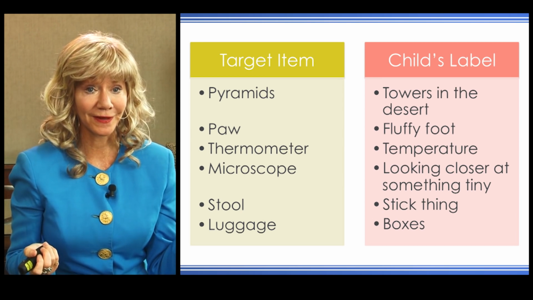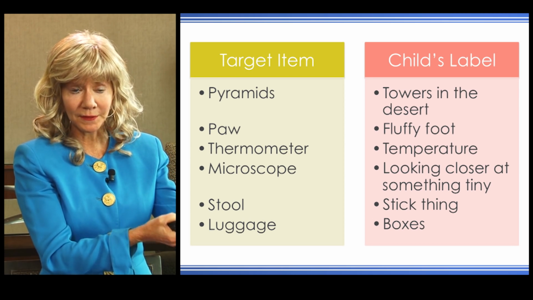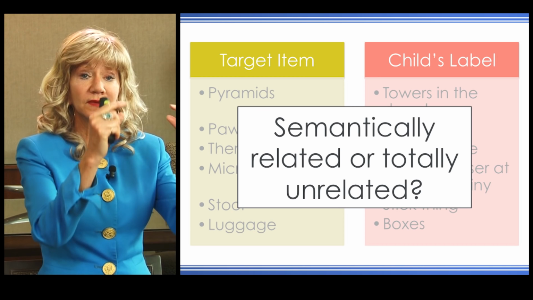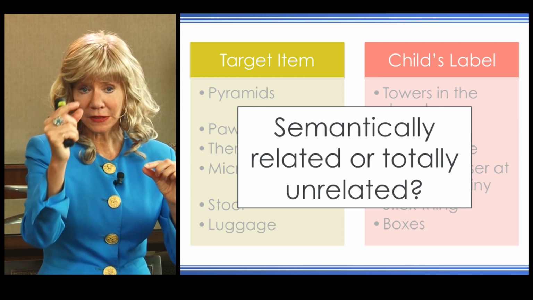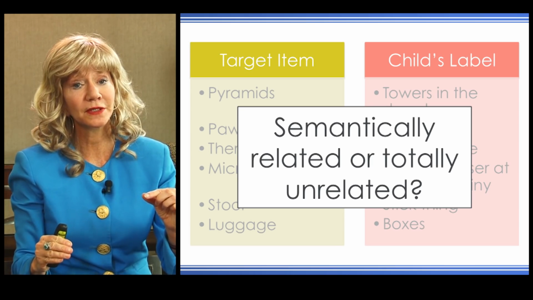And I'm like, that kind of rocks. What's this? A paw, a fluffy foot. What's this? Thermometer. That's a temperature. So if they give me answers that are related, then that's usually a really good sign that there's not a language impairment. Kids who have genuine underlying language impairments will usually give answers that are wildly off target or that